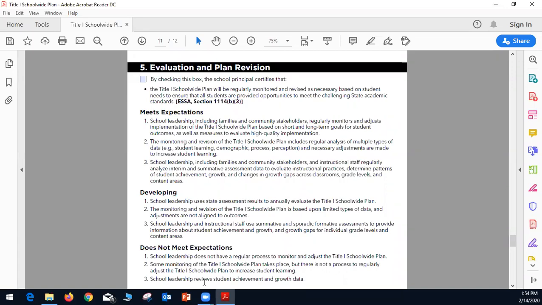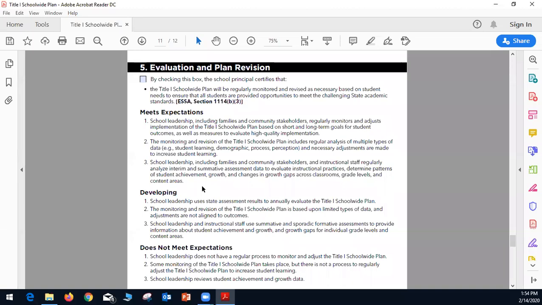And again, a plan that meets expectations will indicate that school leadership, including families and community stakeholders and instructional staff, regularly analyze interim and summative assessment data to evaluate instructional practices, determine patterns of student achievement, growth, and changes in growth gaps across classrooms, grade levels, and content areas.